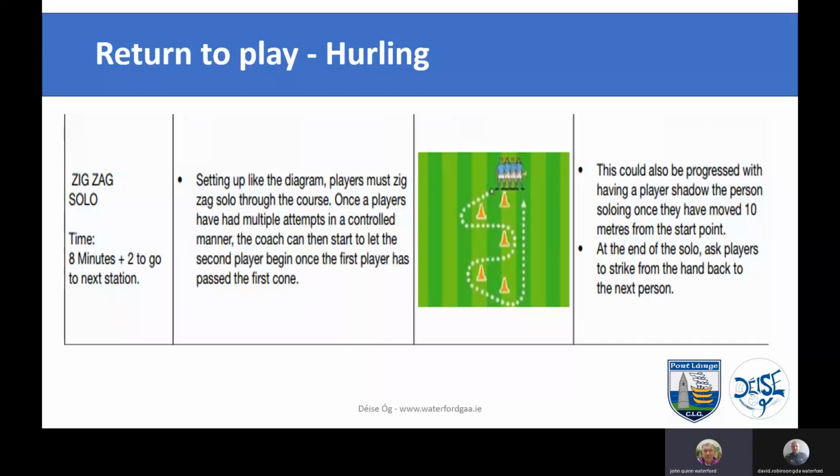This is just one again for the soloing, and as you see, they really are non-contact. They're just drills, but again, it'll keep the kids going. So just set it up as in the diagram. It's just a solo running in and out of the cones,